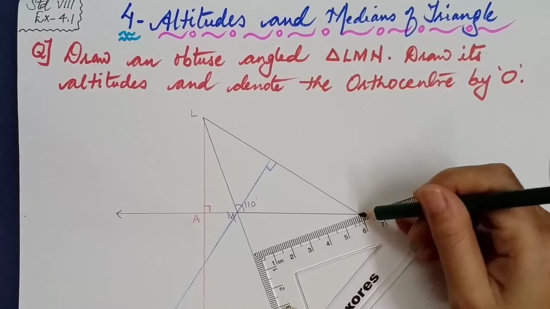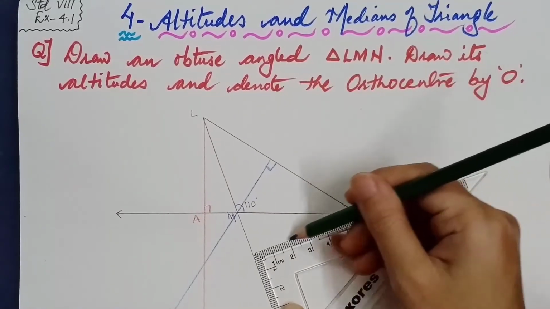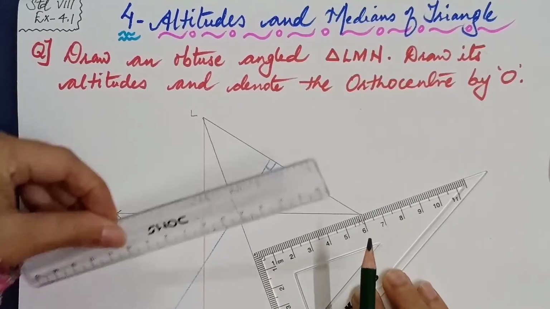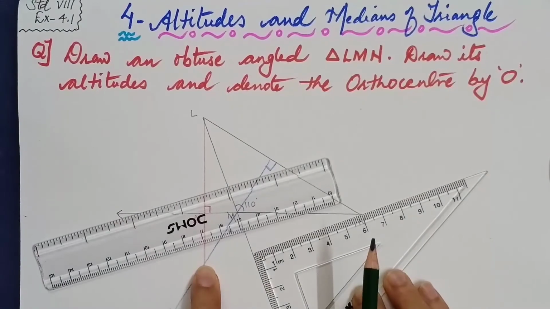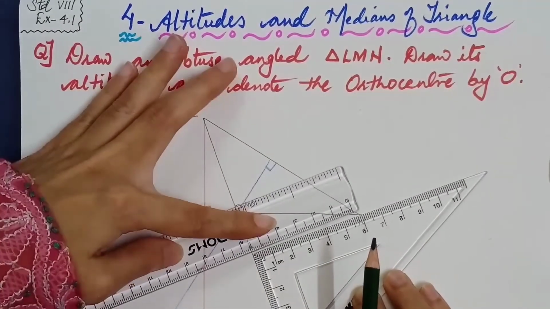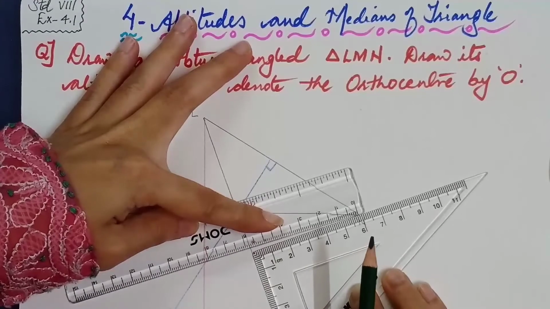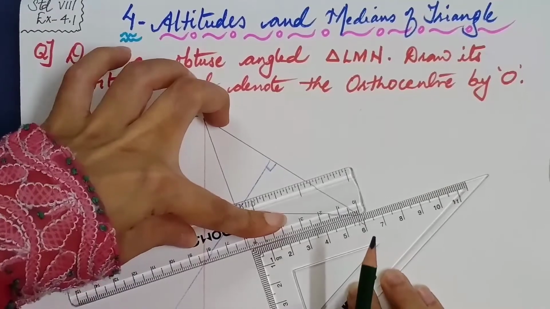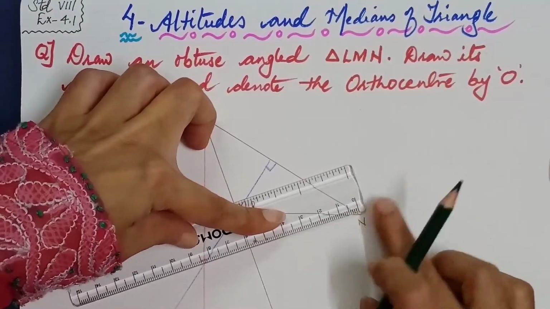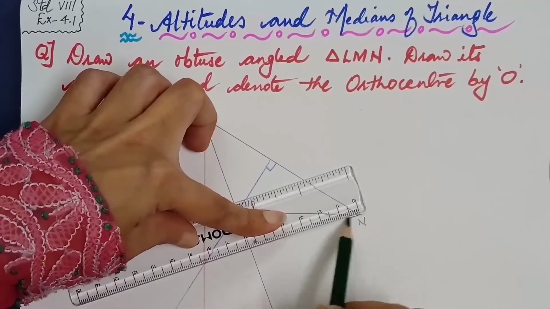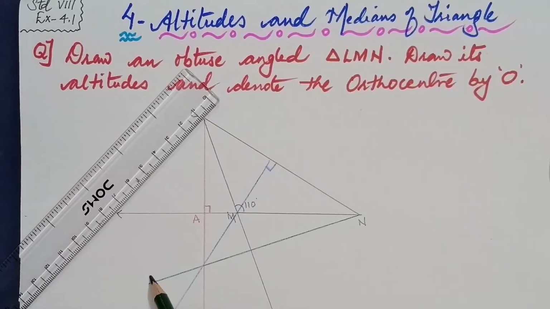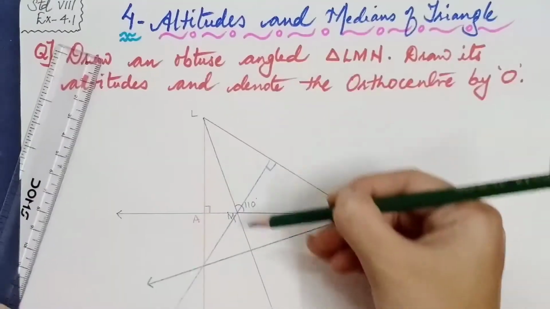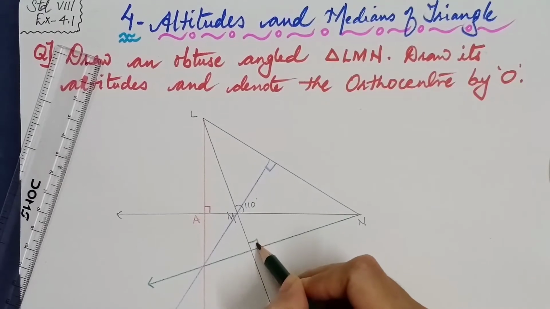Now we are going to use the ruler because our altitude is going to be drawn from this particular side. Extend it over to the other side. So let us keep the ruler now to check if it is passing from this particular point. It should pass because all the three altitudes meet at a common point. So it's exactly passing. So I'll just remove the set square and I'll draw the proper line. That is the altitude. This green color line segment which is drawn from N onto the side LM is perpendicular on the side LM.